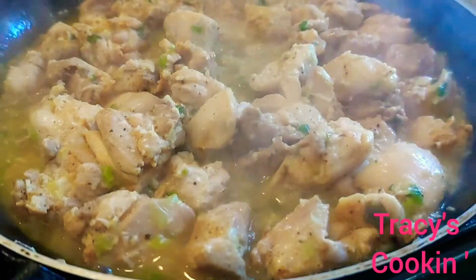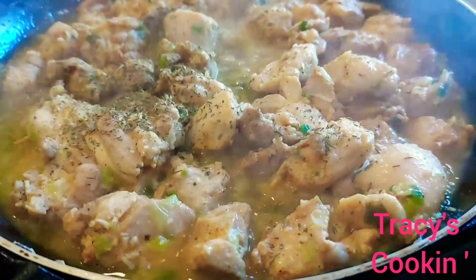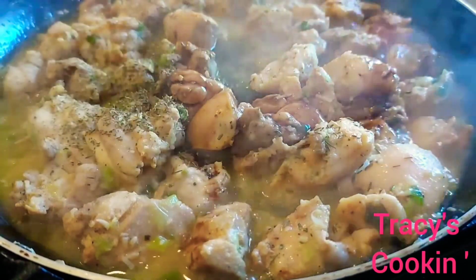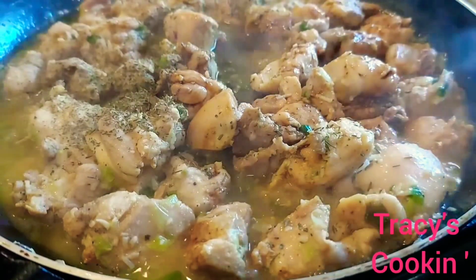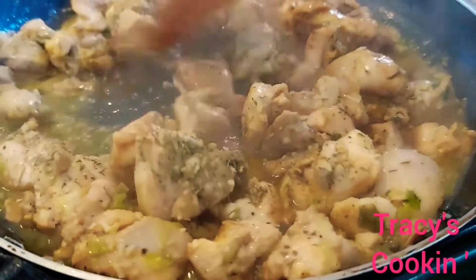So after a few minutes, this is what the chicken looked like. Look at all that liquid. I didn't add any water. This is liquid that comes from the chicken itself. So here I add some soy sauce,